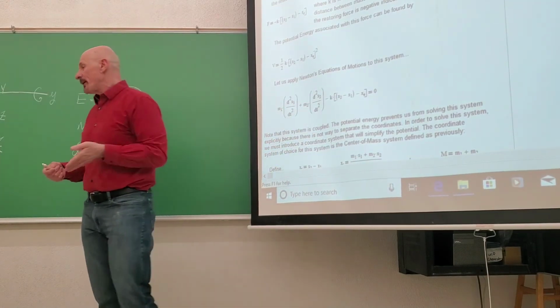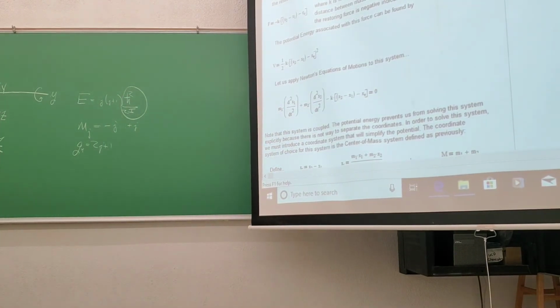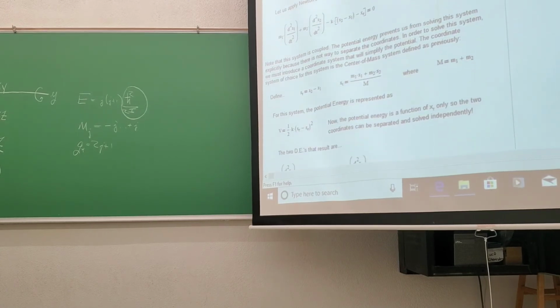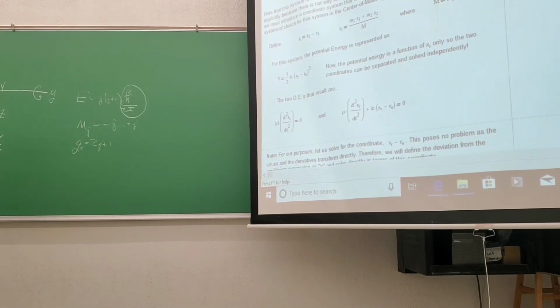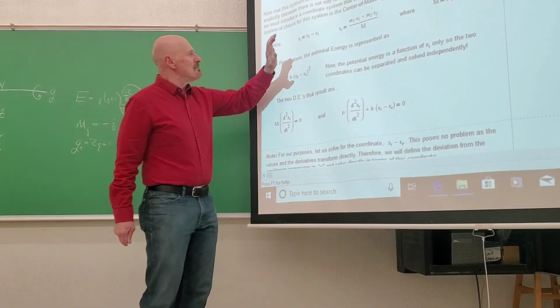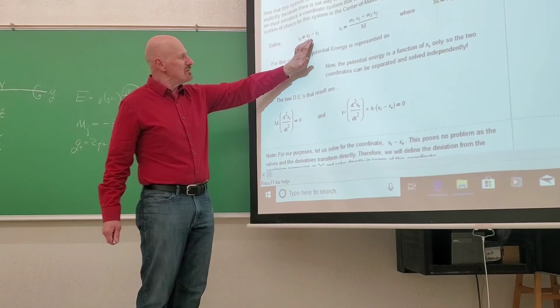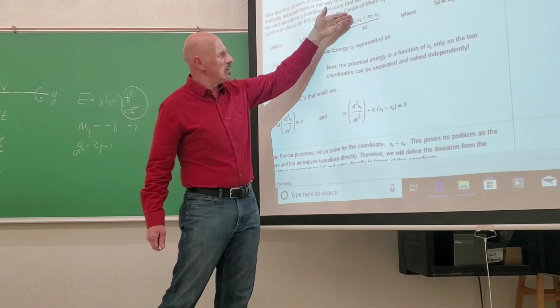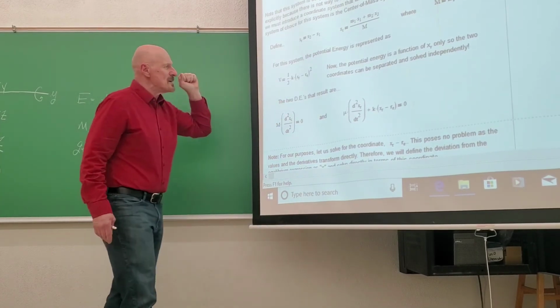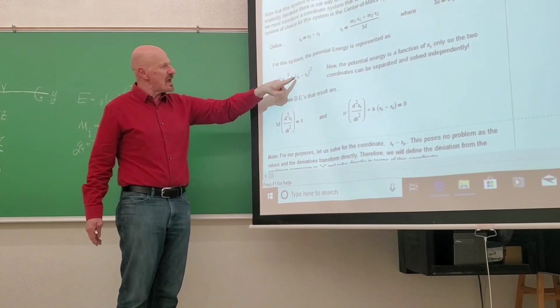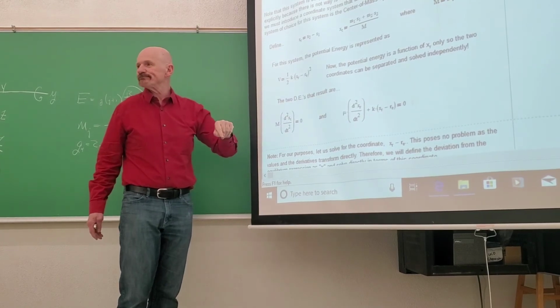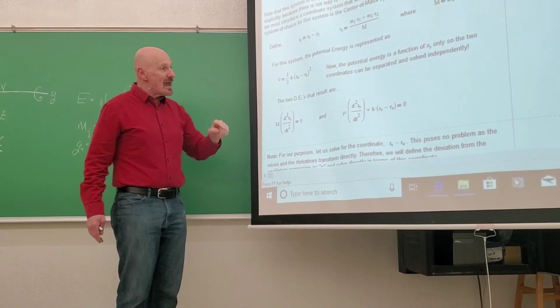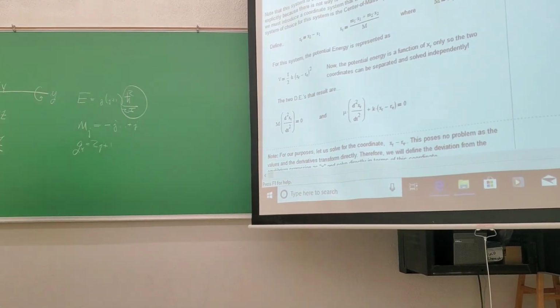Well, the solution is the same solution that we adopted for the rotational to get away from center of mass motion. We're going to use the center of mass coordinate system. So not reiterating, not deriving, we've already seen it several times now. I'll define an x relative, which is the distance between the two. Here's the x center of mass, m1 x1 plus m2 x2 over the total mass, and so forth. And now the potential energy becomes just x relative minus R_e squared. Greatly simplified. Now, when this is broken apart, just like we have done a couple of times, you end up with 2